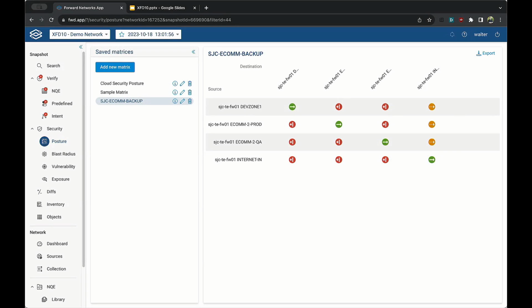So now we have this, lays it out, same color scheme as before: red no access, yellow partial access, green full access, and it's fully exportable. So you can export it out as a CSV doc, which doesn't look as pretty because it actually spells out partial and no access, full access. Or what I would like to do in this is just take a screenshot